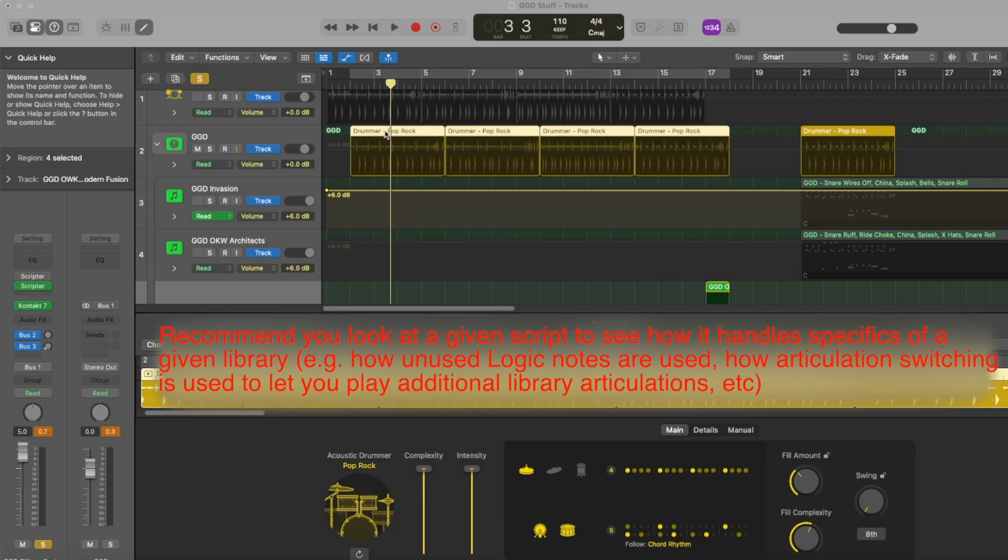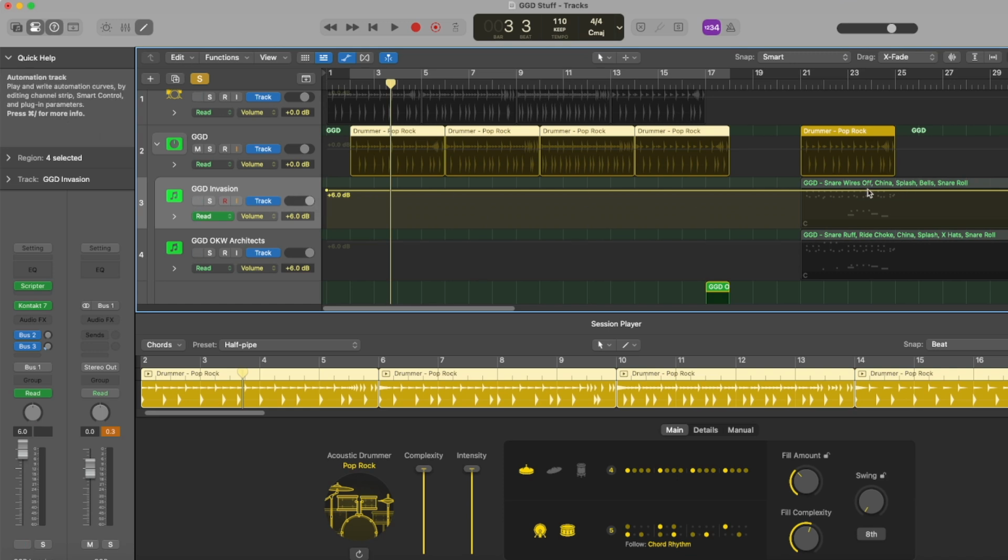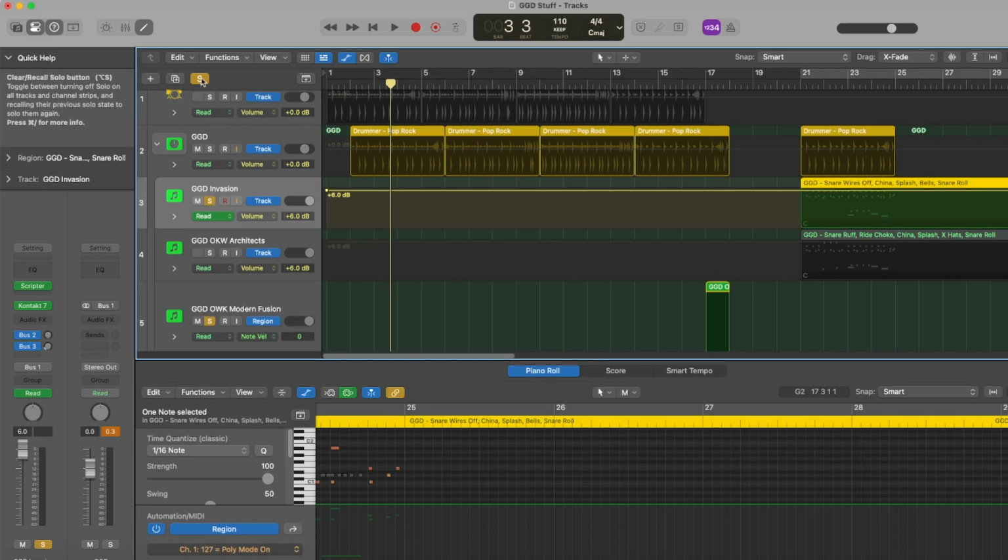So you can start out with a drummer part. Remember, you can convert those parts to MIDI. So that's what I've done here. I just have some Logic drummer part, and here I've converted it to MIDI. For instance, with GGD Invasion, it has an additional snare wires off hit, it has China and splash, it has some bells hit, and so you can just mark up the MIDI to take advantage of some of that additional